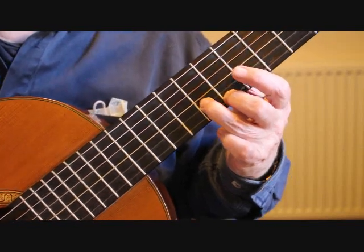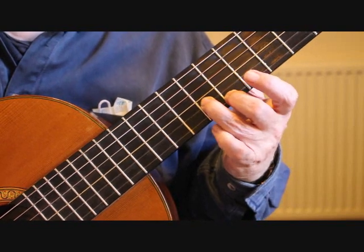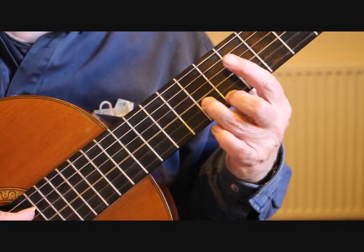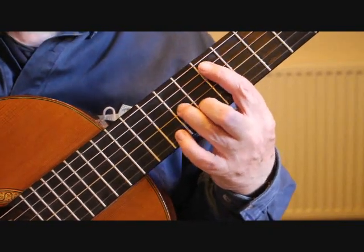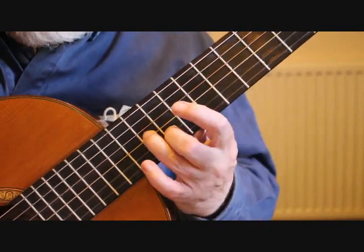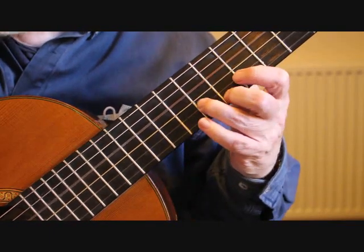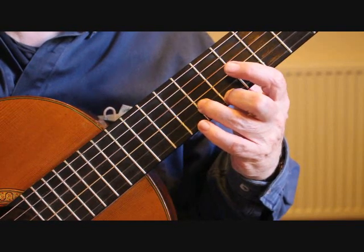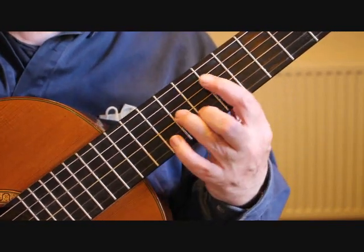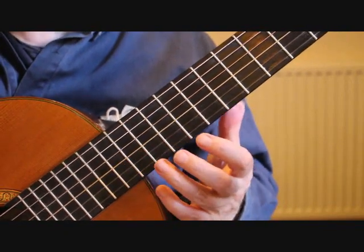So on the first beat of bar 15 we're playing the 3rd string, 2nd string and 1st string together. So from the beginning of bar 14 we have this slide up harmonics, and that's the first beat of bar 15. I'll play that again. So we're playing, then